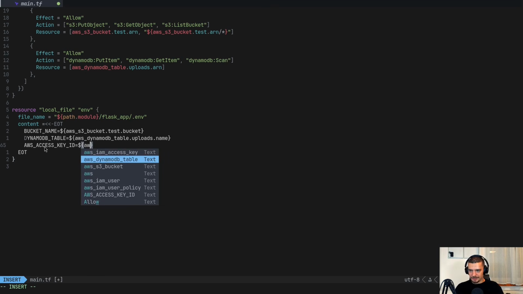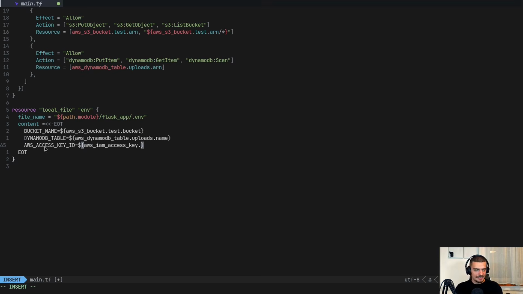So that's going to be our AWS IAM access key, to be precise, the app ID. Then we also need the secret key. So that's going to be the AWS secret access key. And the secret access key is basically same start, but then app.secret, not app.id. And then finally, the AWS region is going to be equal to var.region. This is our variable that we created.